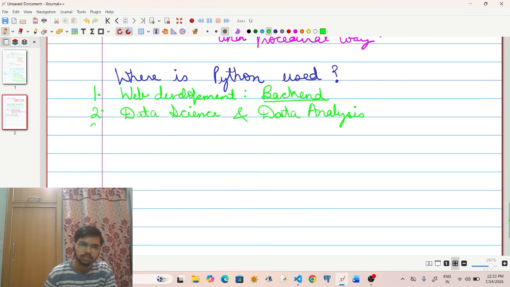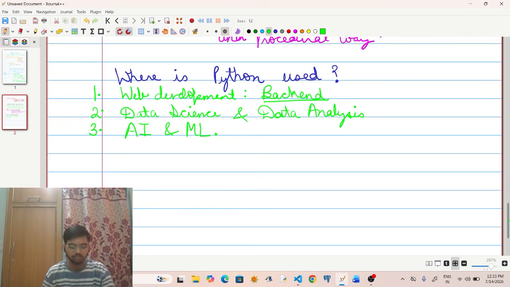Third one is artificial intelligence and machine learning. When you study these branches of machine learning and artificial intelligence, the codes are written in Python.